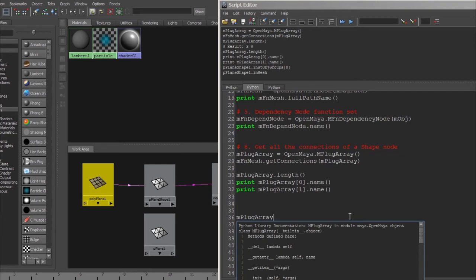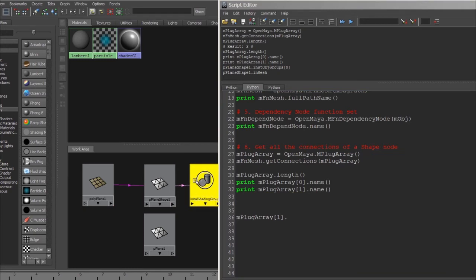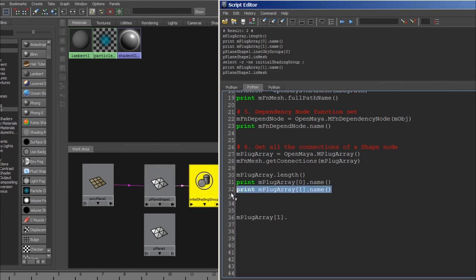When you are using mplug array, we will use the 0th element or the first element, which is in mesh, right? We don't want to deal with this connection at this point because there is no goal of reaching the shading group. We want to reach polyPlane 1, and we want to use the in mesh plug, and the in mesh plug is array 1. So we will use a function which is called connected to,